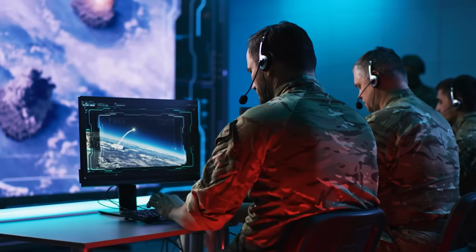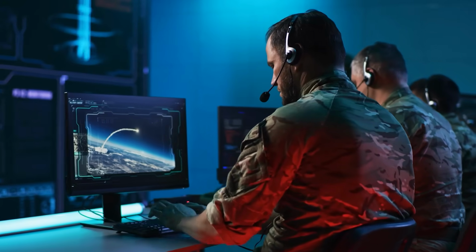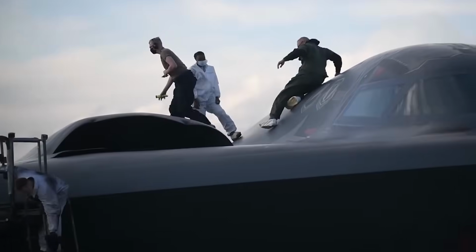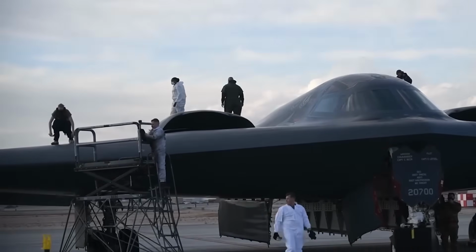The Yemen strike was a reminder to Iranian military planners that these defenses would be insufficient against a determined U.S. attack. Saudi Arabia, the UAE, and Israel have all been targeted by Houthi missile and drone strikes, and the use of the B-2 was a reassurance that the U.S. remains committed to countering Iranian-backed